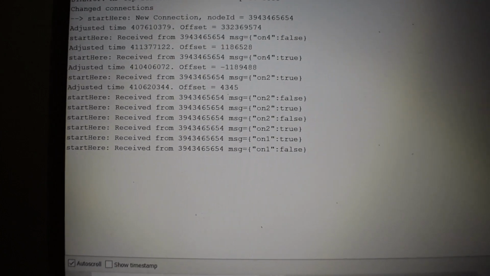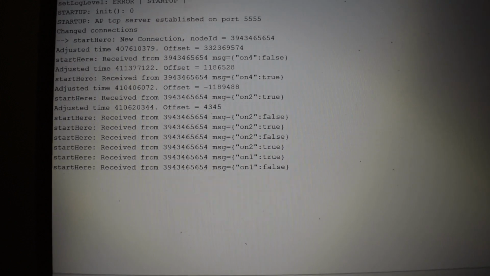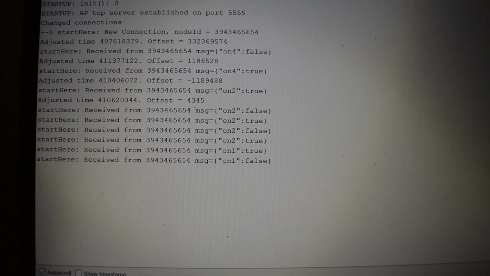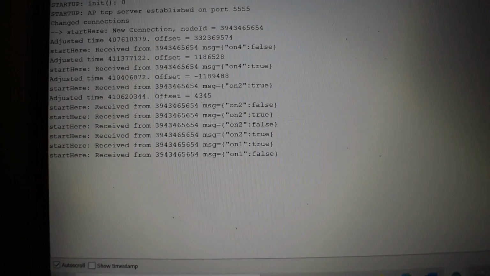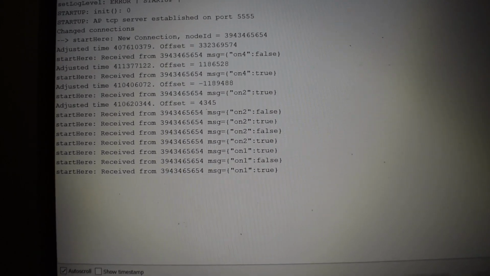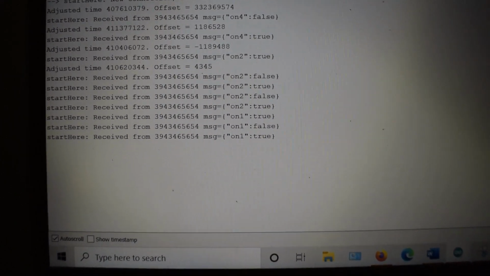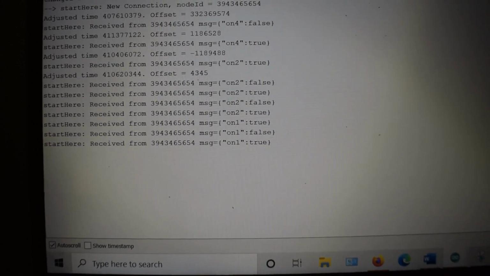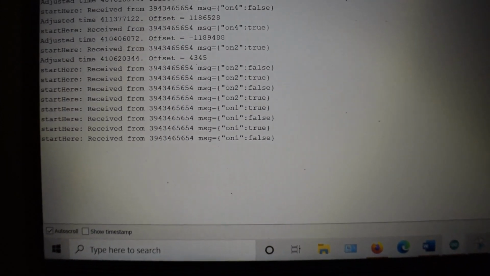Whenever I press any button, the message is being sent to the ESP32. As you can see, now I am going to press one of the buttons. You can see the message comes on 1 true. I am again pressing the same button. Now you can see on 1 false.